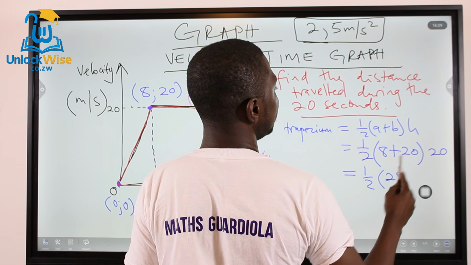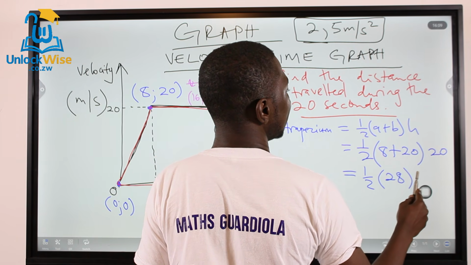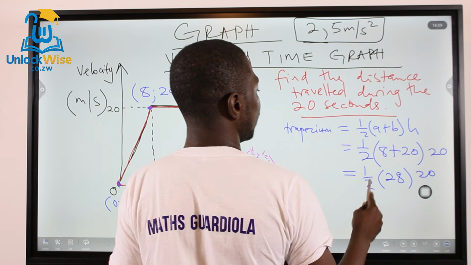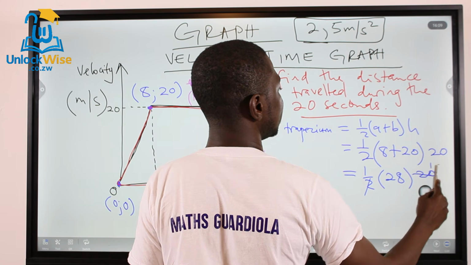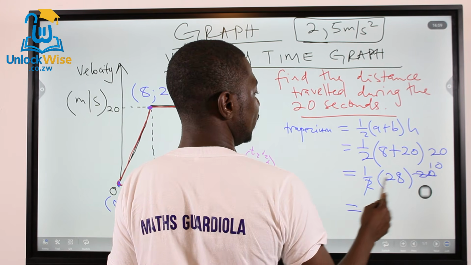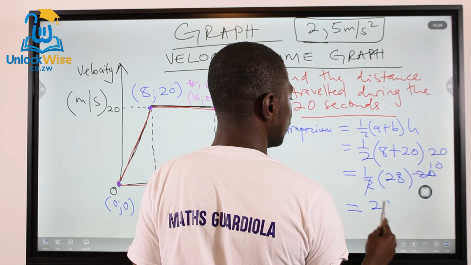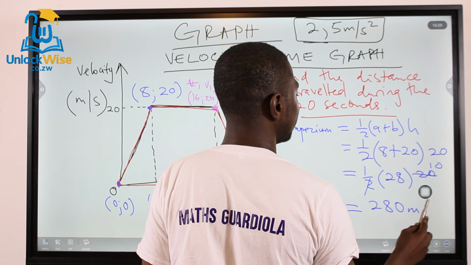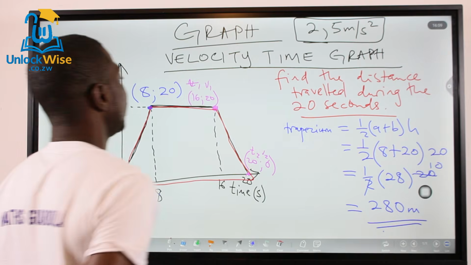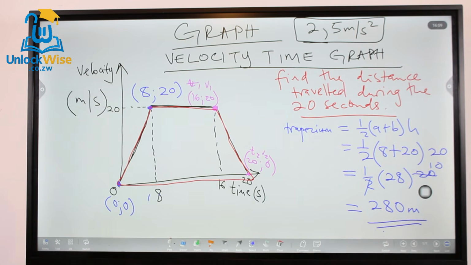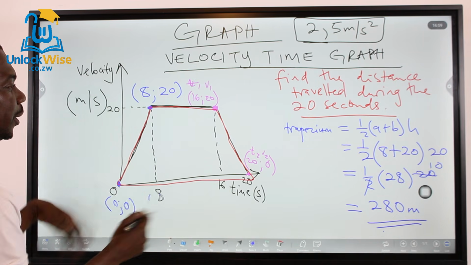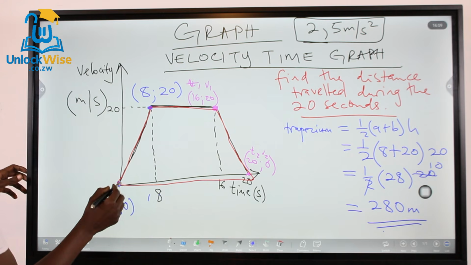I will get 20 plus 8, which is 28, times 20. So I will cancel this one and get 10 here. Apply 1 times 28 times 10, I get 280, which is my meters. Okay. Then maybe to those who want to break this down and check if it is correct, this is a